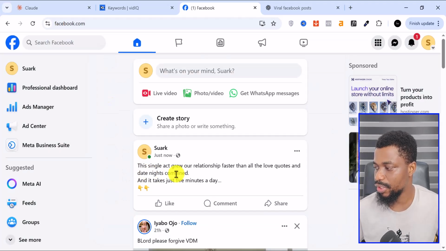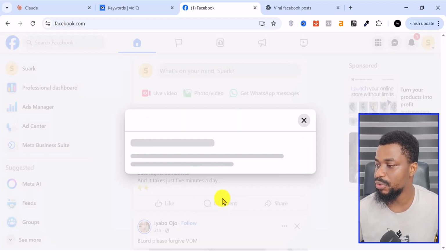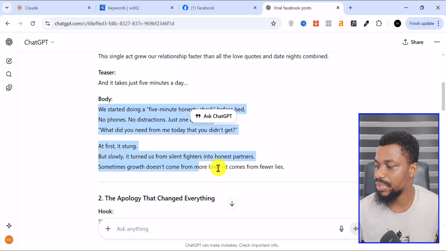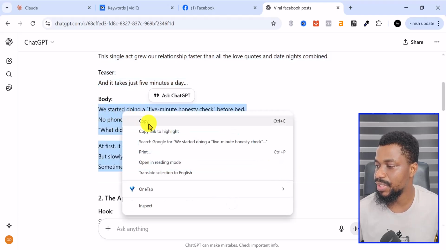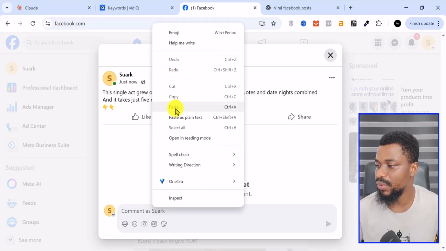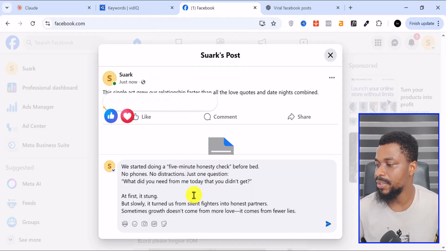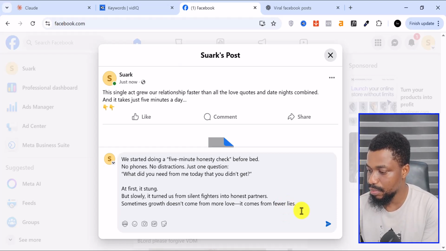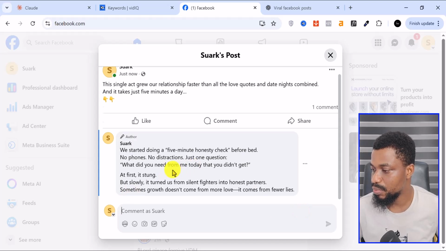So this is the post that we've created, and like I said, you need to give it a color so that it will pop. Then you want to come to the comment section of this post and you want to comment. To comment, you come back to this one and you can just copy this. All right. So you copy this and you come to your comment section and you paste it right there. This is useful information. All right. So you want to make more of this and this is going to be the comment.